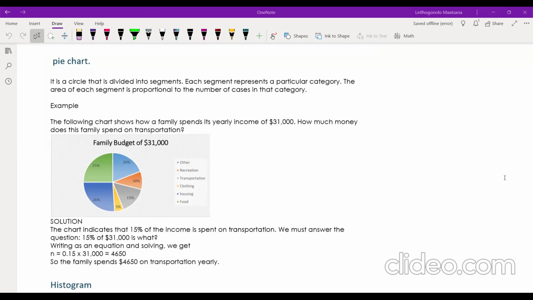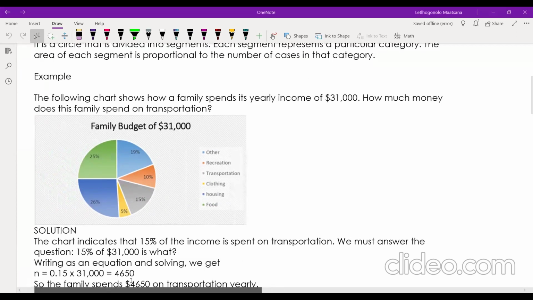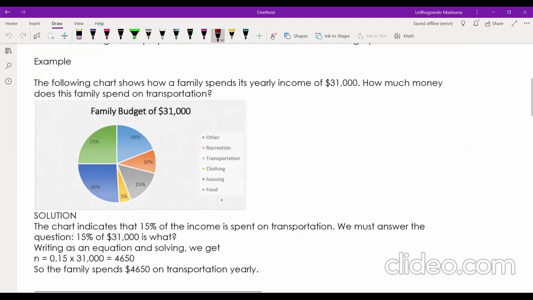Let's look at this example here. It says the following chart shows how a family spends a yearly income of $81,000. How much money does the family spend on transportation? If we take a look at the pie chart a little bit closer, we will notice that transportation, which is the gray part, is 15% of our pie chart. This means that 15% of the $81,000 goes to